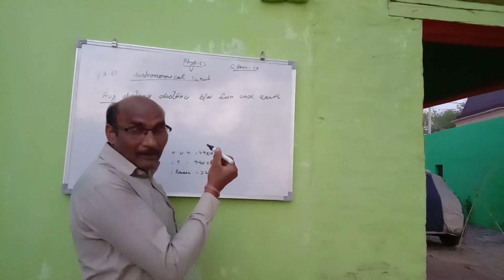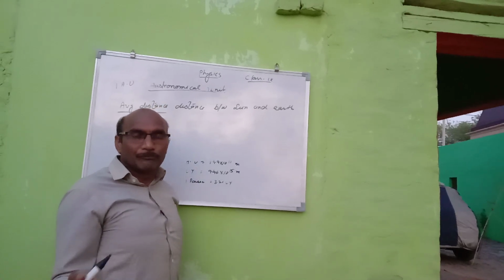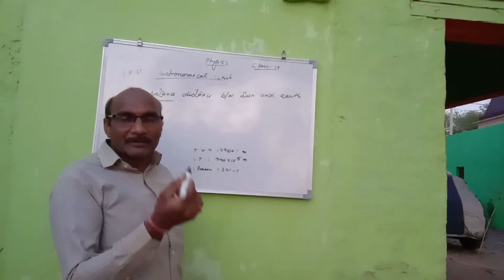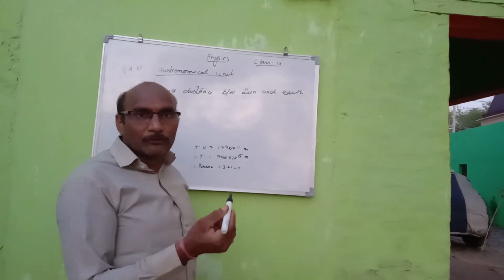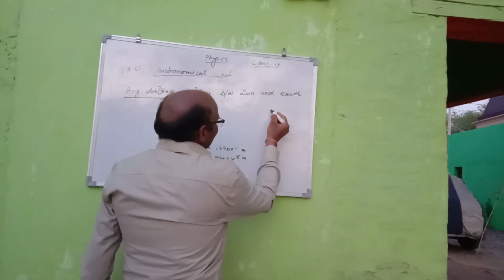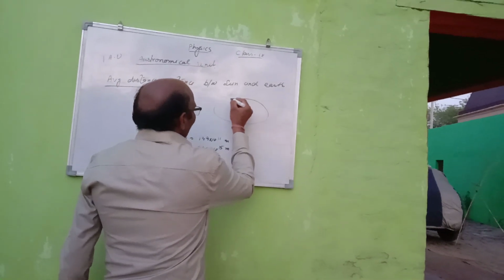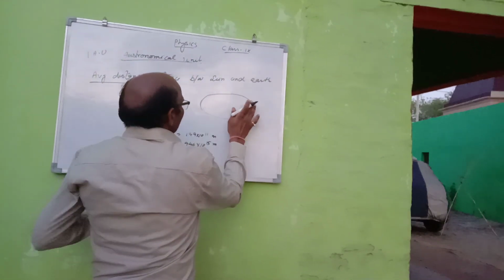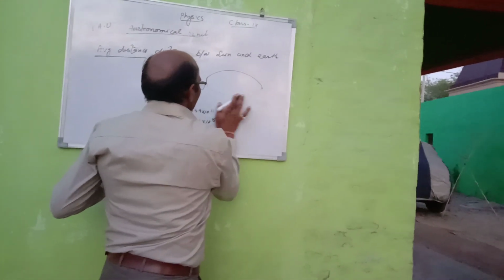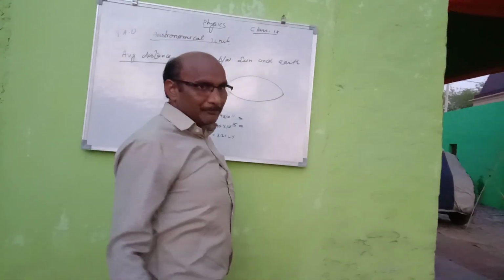You know, I think, what is the meaning of the term elliptical path? The path that is having the shape of an ellipse. I hope you all have seen the ellipse, but still, I will tell you the shape of an ellipse. The shape of an ellipse is approximately the shape of an egg. I hope all have seen the egg. This is the approximate shape of an ellipse. This is elliptical shape.